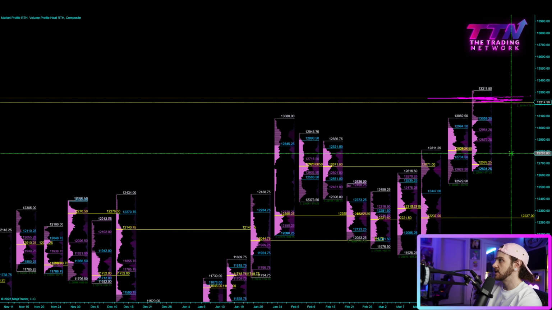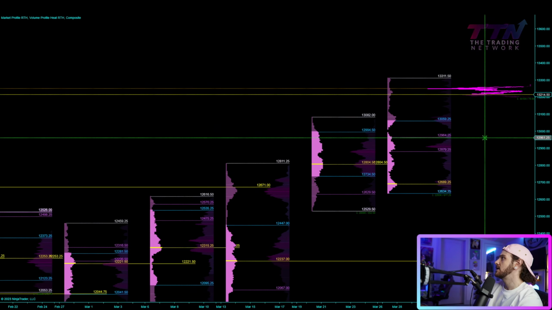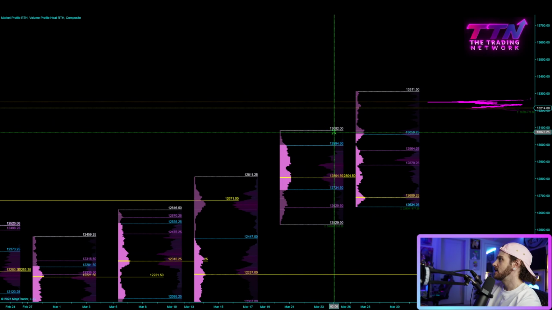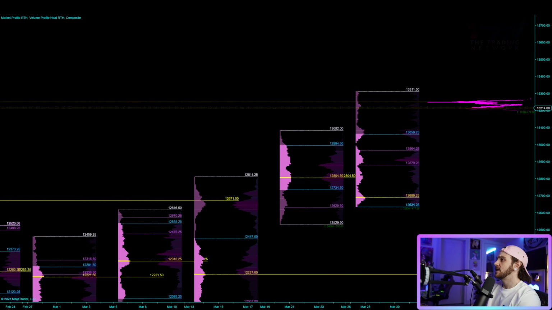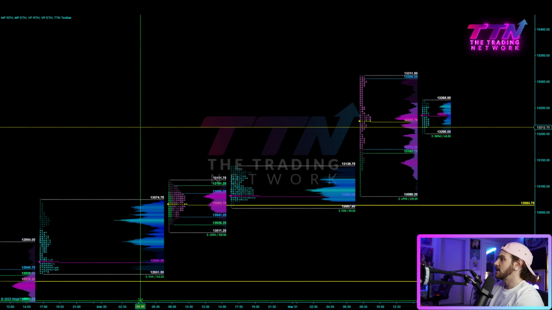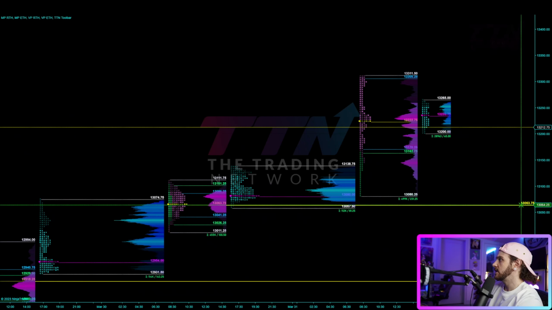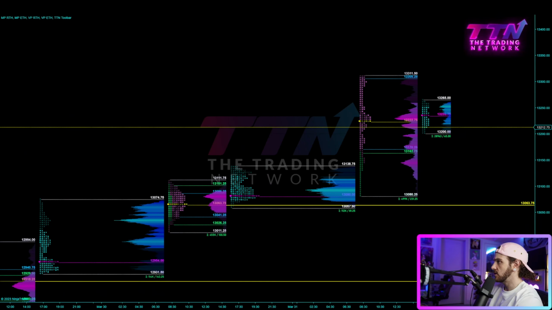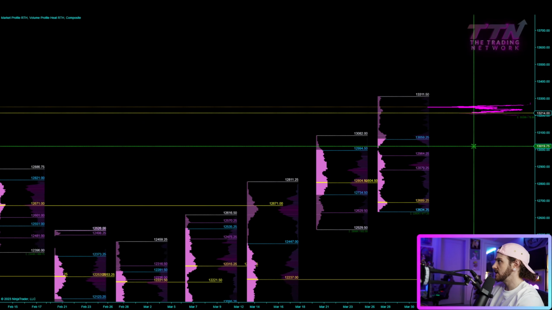Now I'm going to go back to the NQ weekly profile, and we'll just talk about downside real quick. On the downside, first and foremost, you can see not last week's high, but the week before that, we have the high from that weekly profile at 1382. And that is actually lining up with this low from Friday as well. So there's some good confluence there. And of course, we have that session naked POC at 13,063 there. So good confluence there. If we do see further downside, look for a move down to that naked POC.